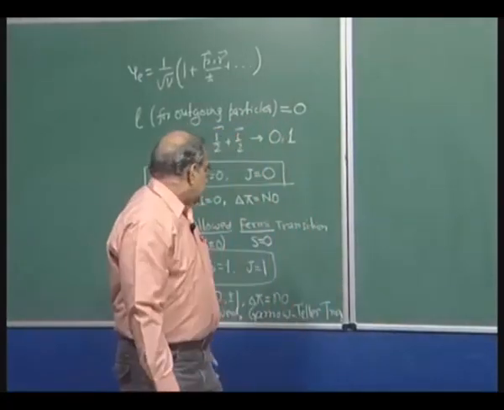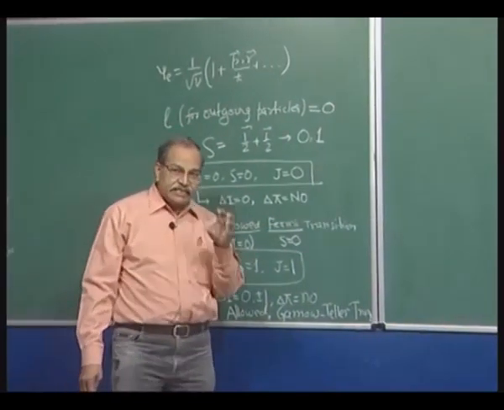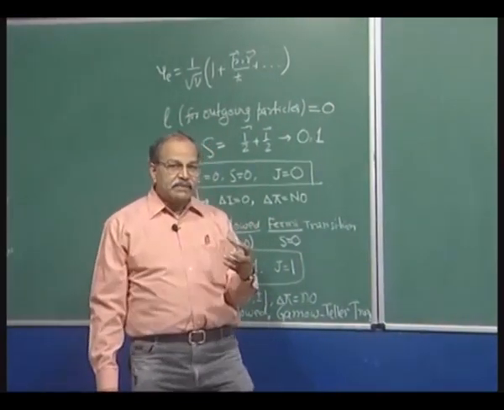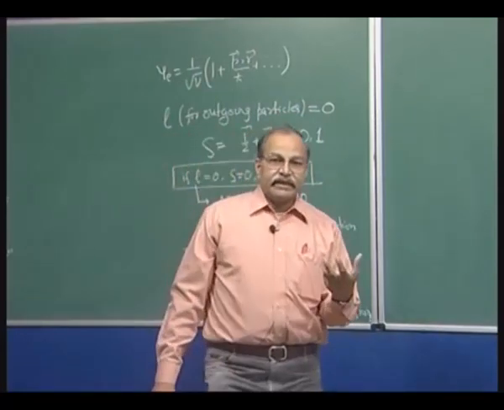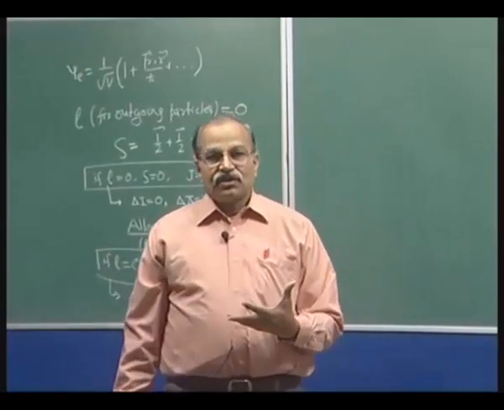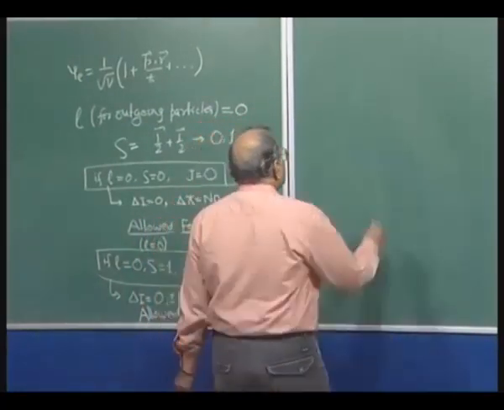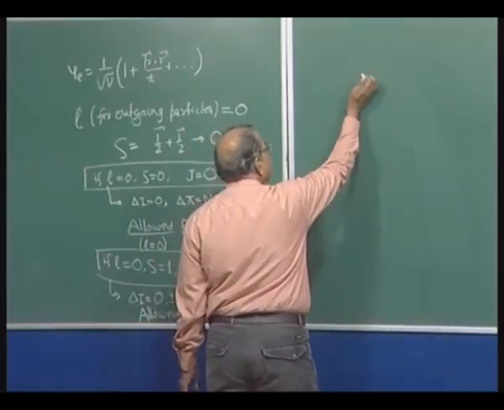Now, if this L is not equal to 0, first let me give an estimate. What is the probability, what is the chance that L is not 0, L is 1 or L is 2 or L is 3 or more. So, if I take that classical view,